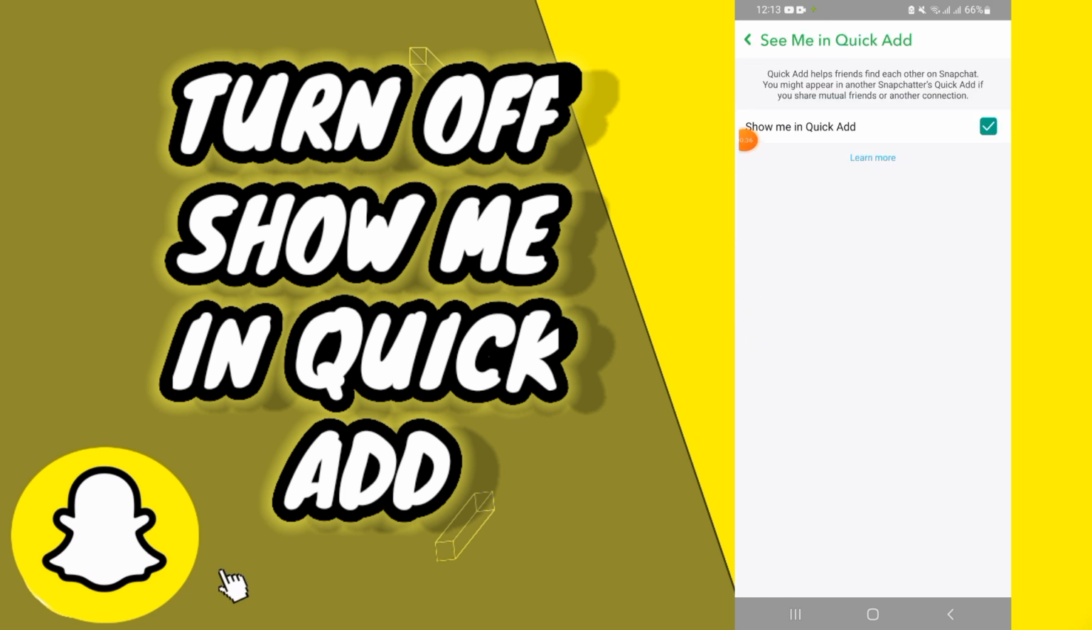and then as you see, Show Me in Quick Add, this option is activated. I will deactivate it by turning off this option by clicking on this blue icon like this, and that's it